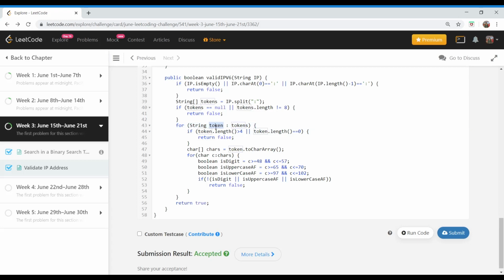If our token is not following this constraint, we are simply returning false. Otherwise, for each character in the token, we are checking if it is a digit, or an uppercase or lowercase hexadecimal letter. If it is neither of these, it means it would be some special character, and we return false. After processing all the tokens, if we come out of the loop, it means this is a valid IPv6 address, so we return true.